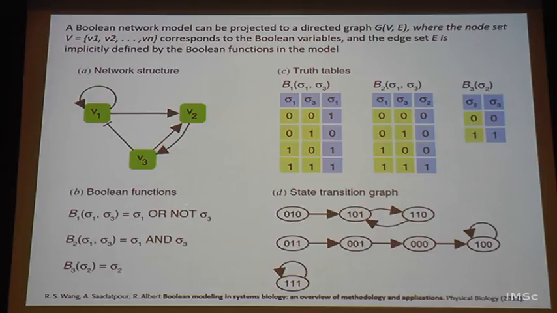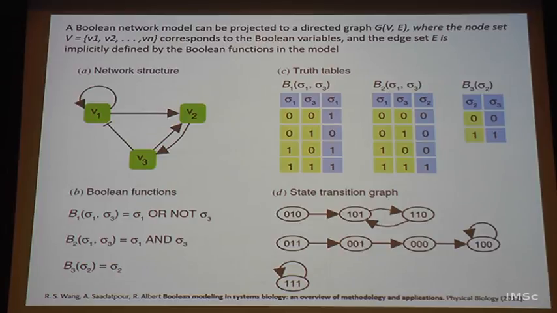And the next state becomes 101, but 101 can also become 110, and they are interchangeable. This can go back to this, and so on. Or you can have state diagrams like this, 011 to 001 to 000 and so on, which is describing the state of each individual component in this system. And the transitions are looked at, and then finally when it becomes 111, it can't become anything else, it can't change into something else. So, it could be the end phenotype that you are looking at, for example.